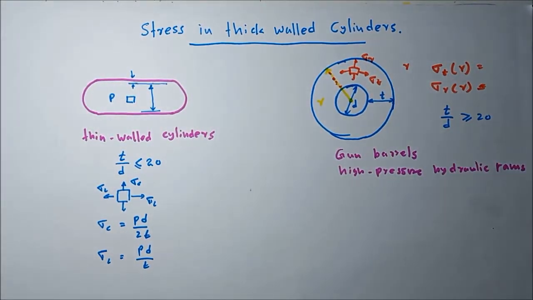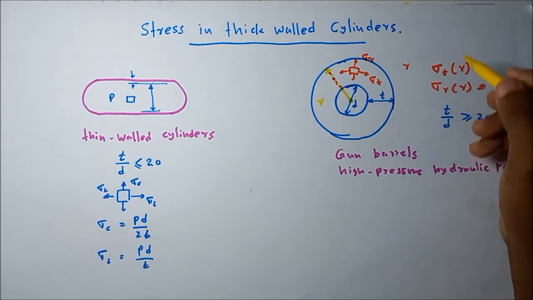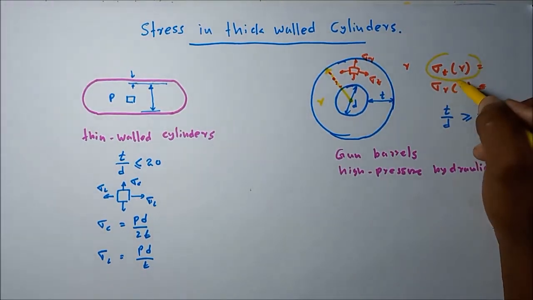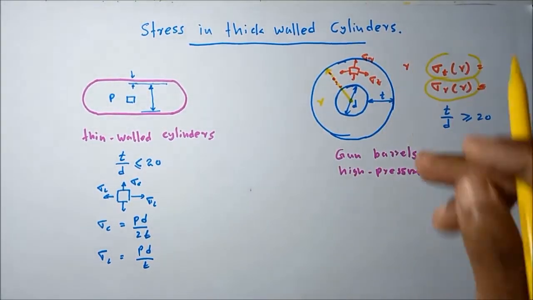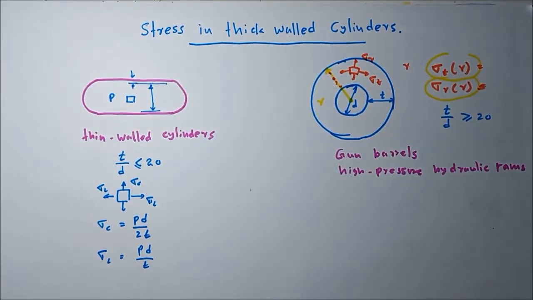radial position. Okay, then first of all we are going to obtain the equations for sigma t and sigma r. Then these high pressure thick cold cylinders